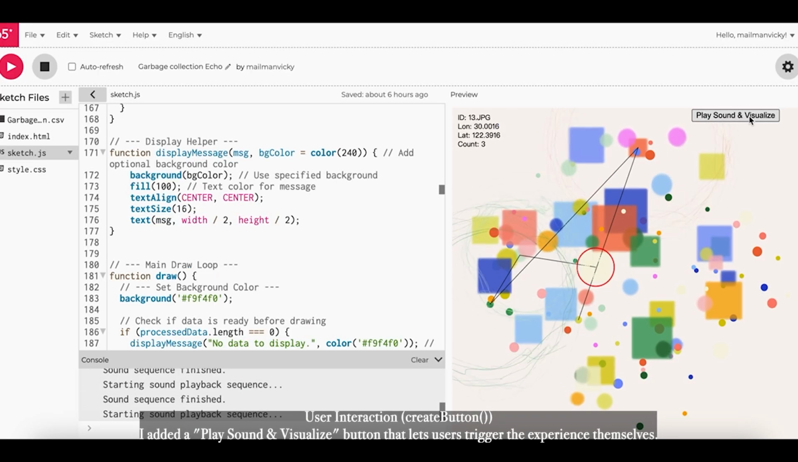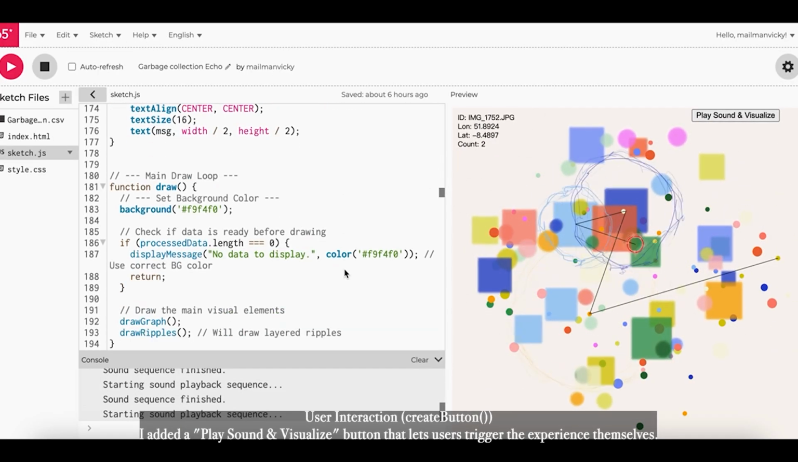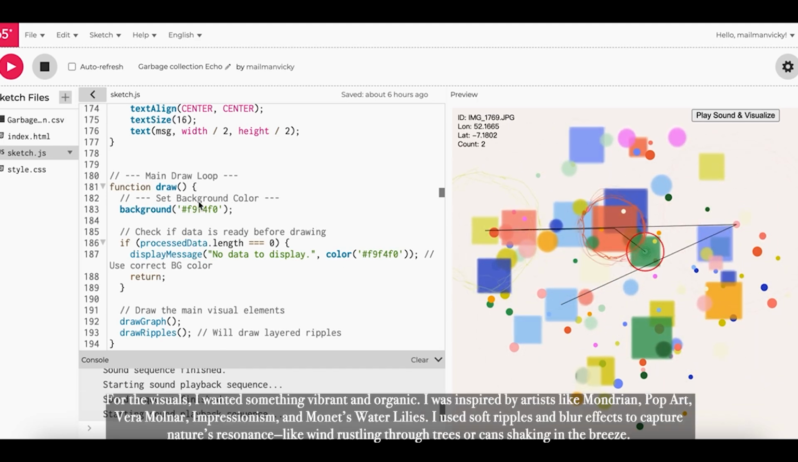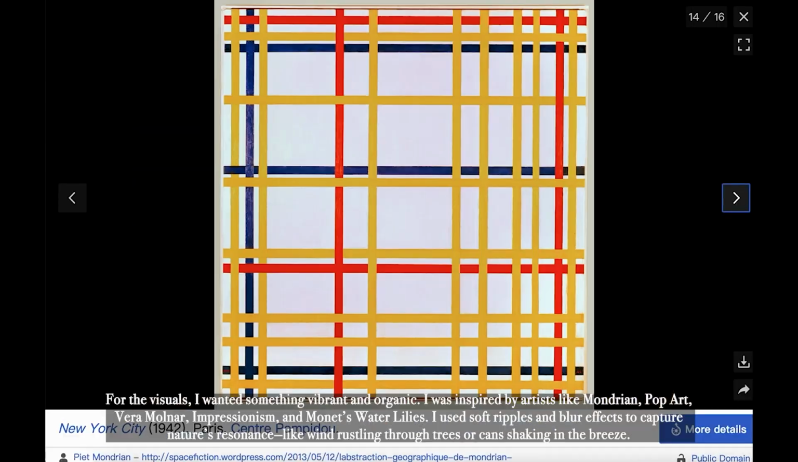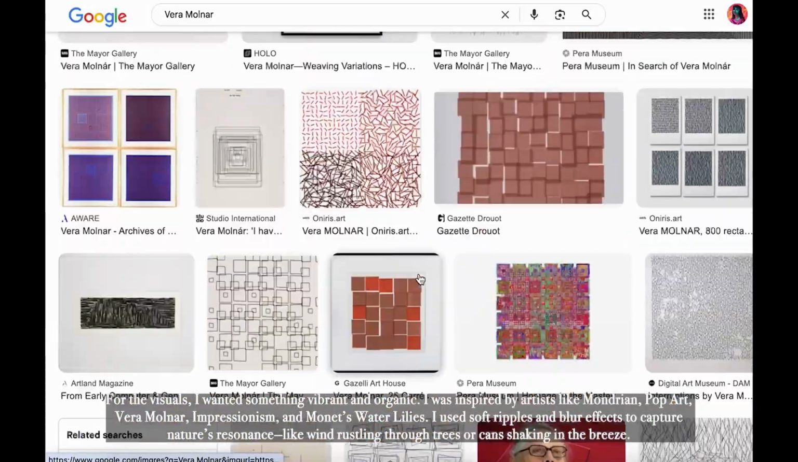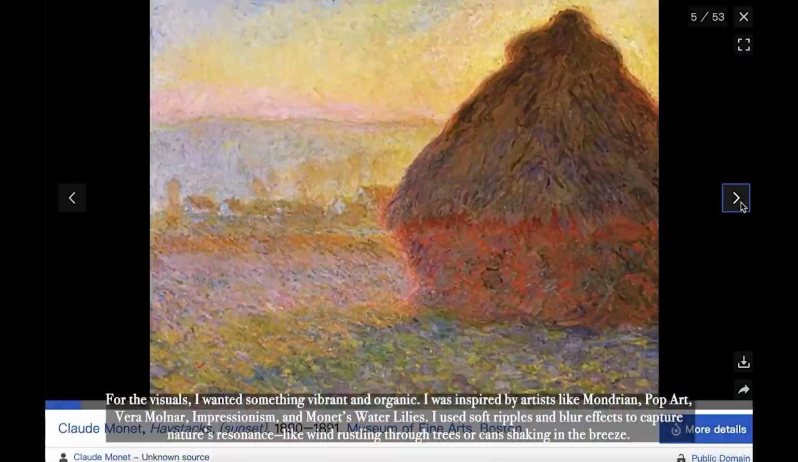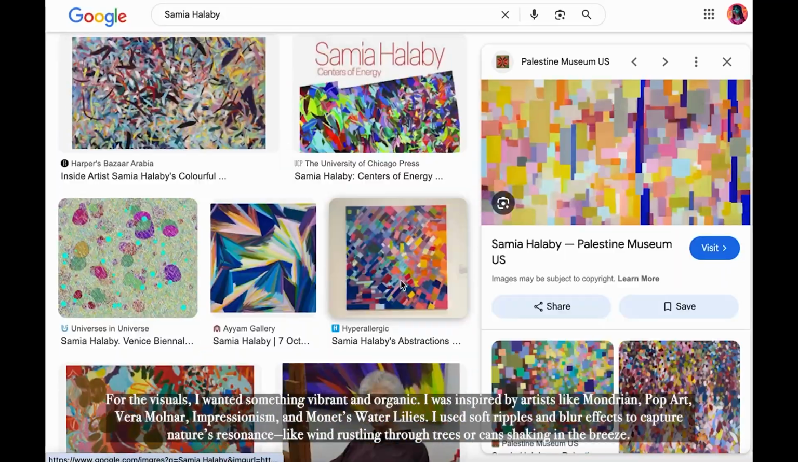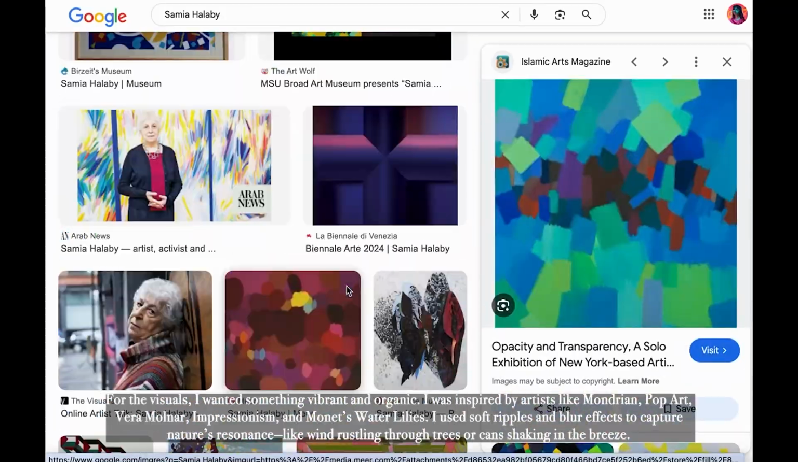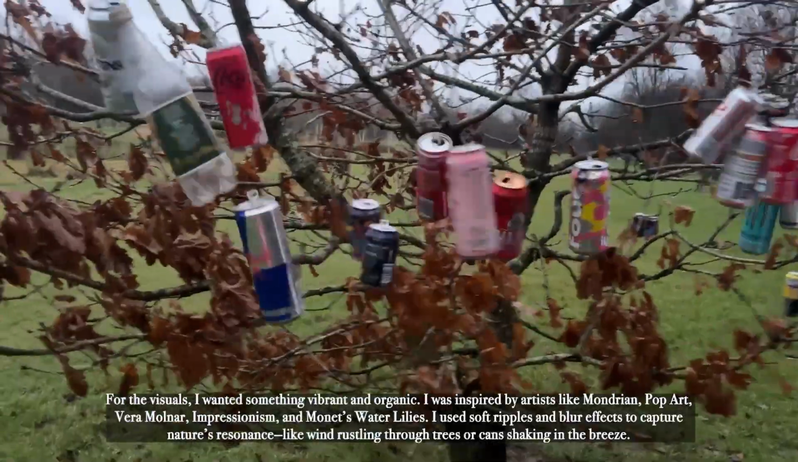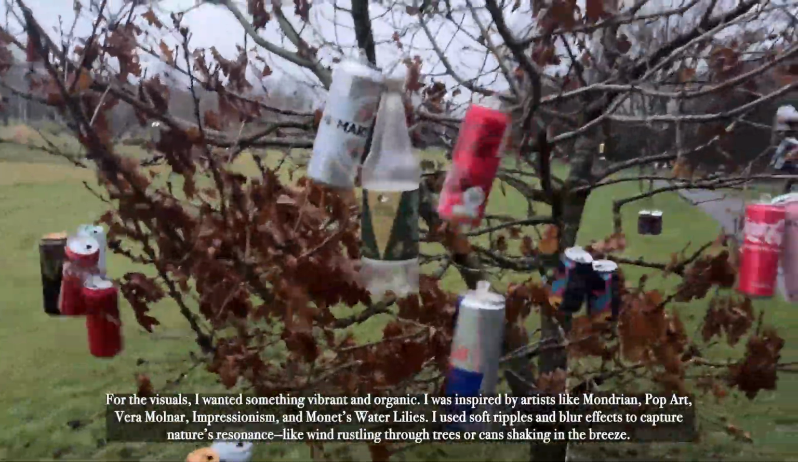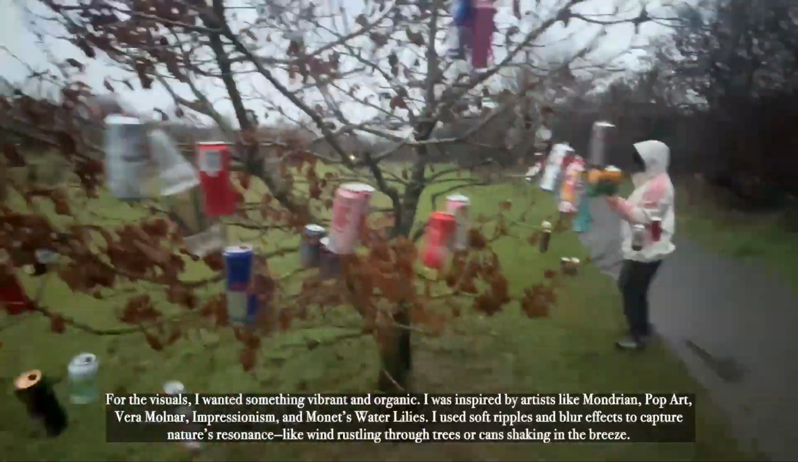Fifth, I add a Play Sound and Visualize button that lets users trigger the experience themselves. For the visuals, I wanted something vibrant and organic. I was inspired by artists like Mondrian, pop art, Yayoi Kusama, Impressionism, and Monet's Water Lilies. I used soft ripples and a blur effect to capture nature's resonance, like wind rustling through trees and cans shaking